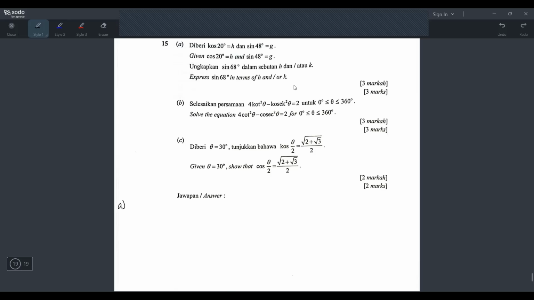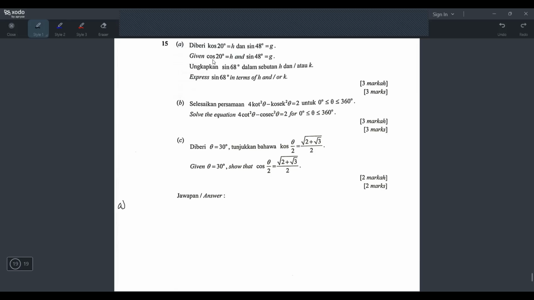Express sine 68 in terms of H and K. Okay, let me tell you a common mistake yang pelajar selalu buat. Whenever they do this question, what they do is they terus buat. Itu salah. Itu salah. Whenever they ask you to find something theta like that, what you should do now is